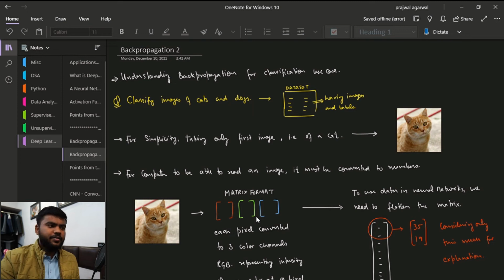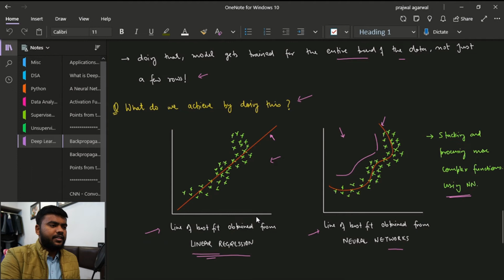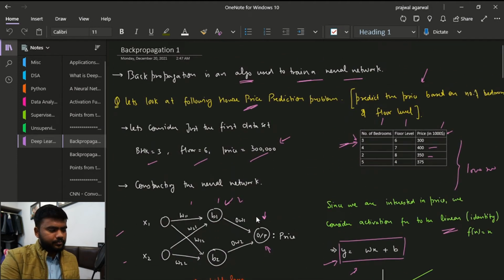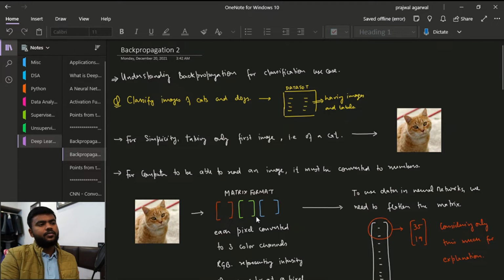Hi, in the previous video we had actually seen how backpropagation works when we are dealing with regression type of data. In this video we are going to see how backpropagation works for classification use cases. Now suppose we are here to differentiate between images of cats and dogs. So we have to classify the image of cats and dogs, and for simplicity what we will do,